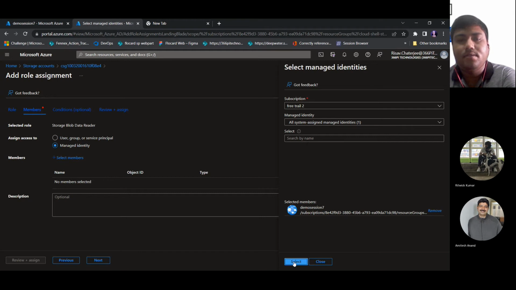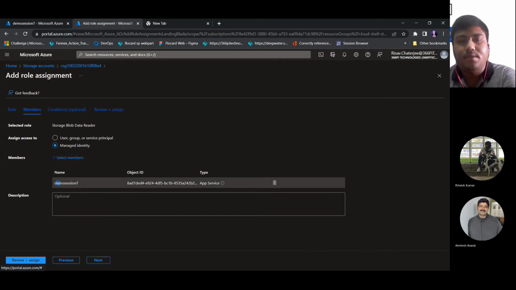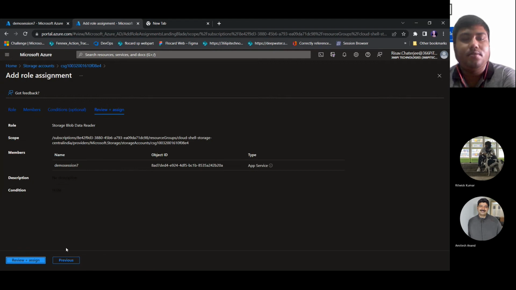If we select it, then this app service will be authenticated for this storage account. This storage account will authenticate this app service to read only storage blobs, and we don't have to include our storage account's client secret keys in our app service code files. So if we review and assign,